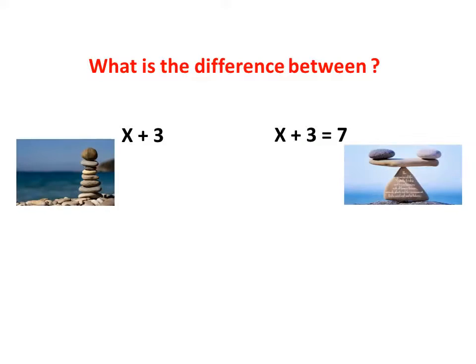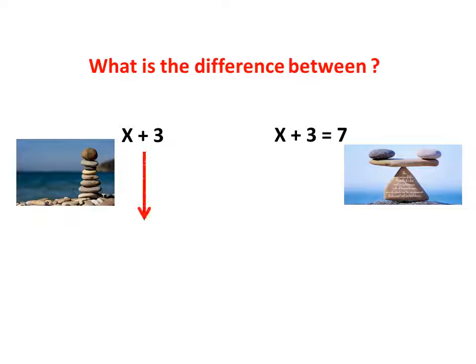The first one, I have just one side, right? X plus 3, just one side. I got x number of rocks, okay, and I bought 3 of it. But here I have in the other one x plus 3 equal 7. I have an equal sign. So this side, x plus 3, equal to this side, which equals 7, like a balance,